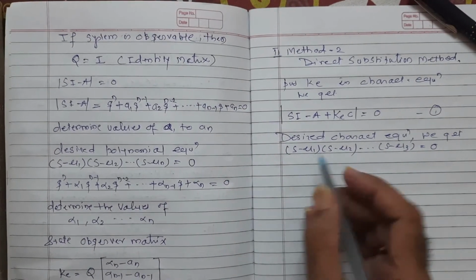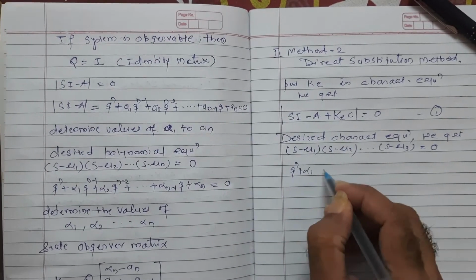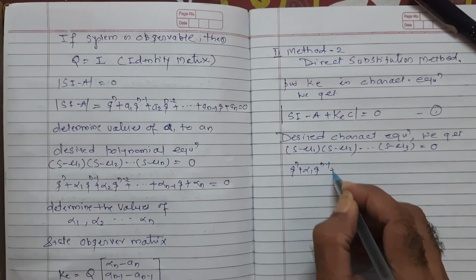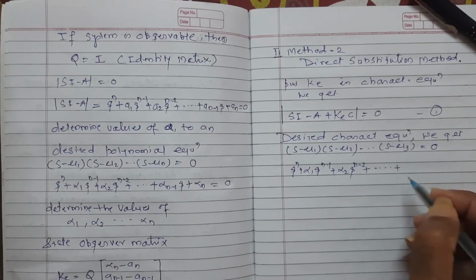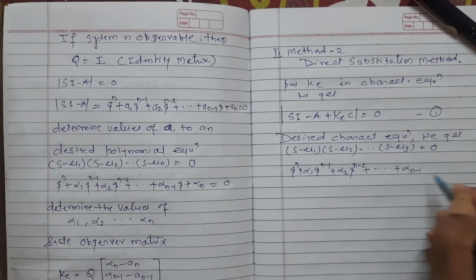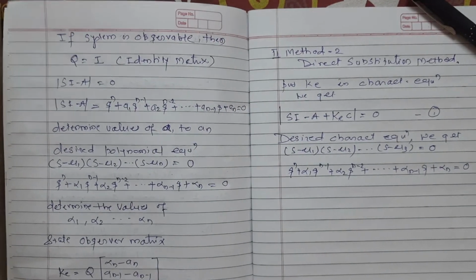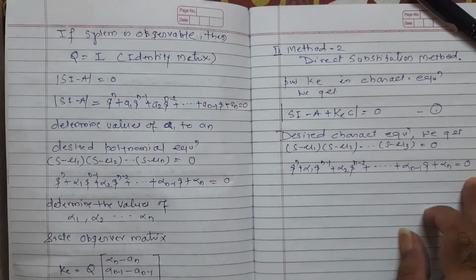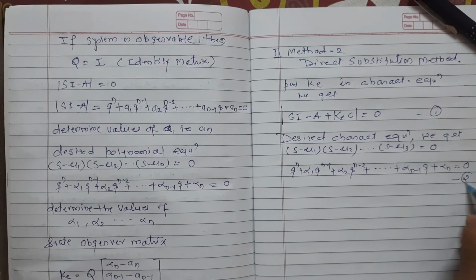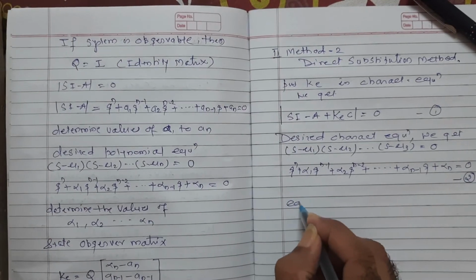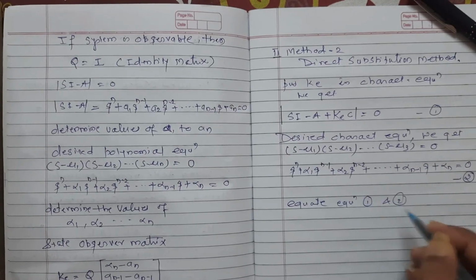So we will expand these and we will get again s raised to n plus alpha 1 s raised to n minus 1 plus alpha 2 s raised to n minus 2 plus so on, plus alpha n minus 1 into s plus alpha n, equals 0. So this we will have, and we will equate these equations with equation 1. This is my equation number 2. Equate equations 1 and 2, we get